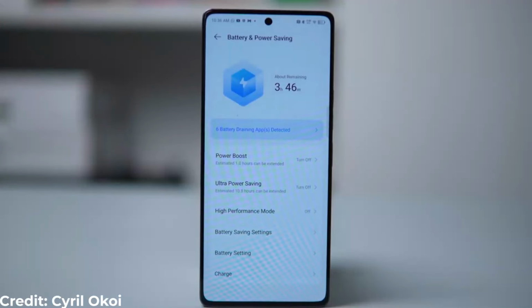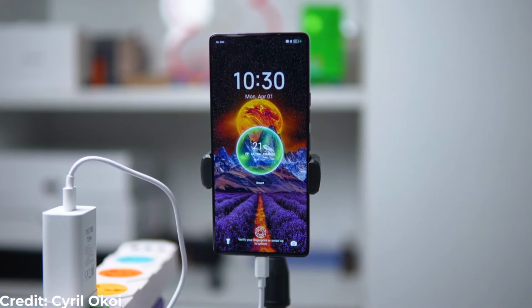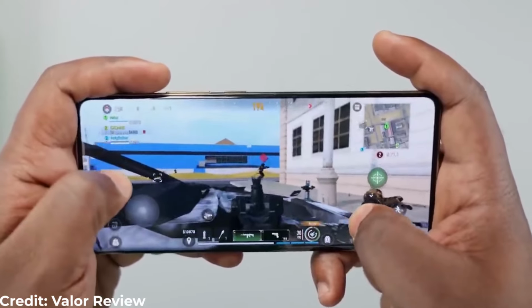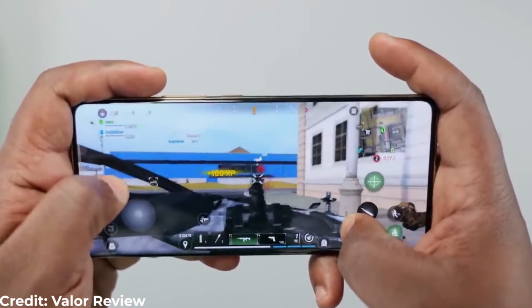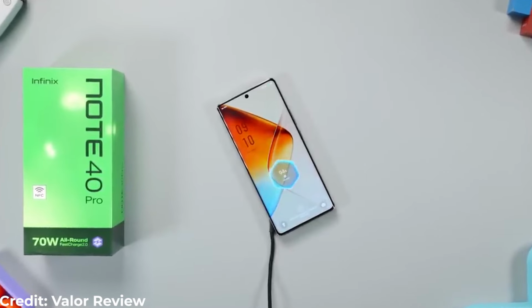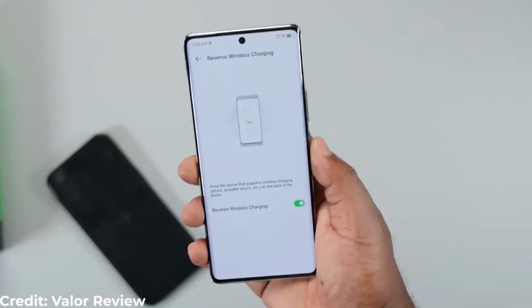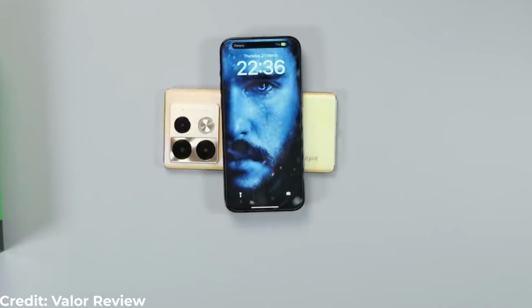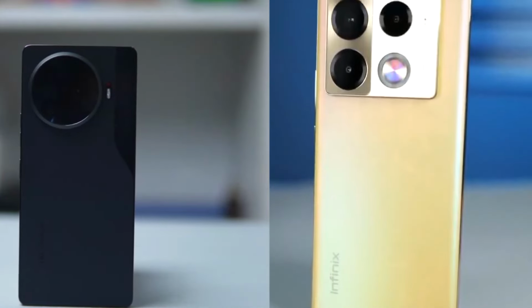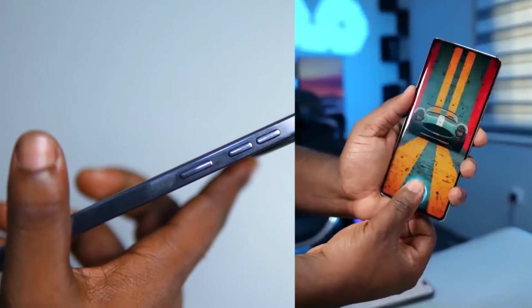So the Tecno Camon 30 Pro houses a decent battery capacity of 5000 mAh that supports 70 watts fast charging, while the Infinix Note 40 Pro comes with 5000 mAh that supports 45 watts fast charging. It also supports a fast wireless charge of 20 watts and also reverse wireless charging. This means that you can charge the device wirelessly and also power other devices that support the reverse wireless charging feature. Both the Tecno Camon 30 Pro and the Infinix Note 40 Pro adopt an optical under-display fingerprint sensor